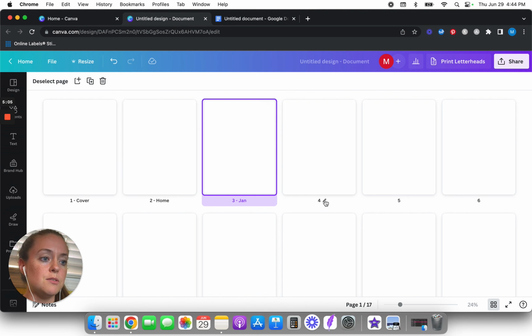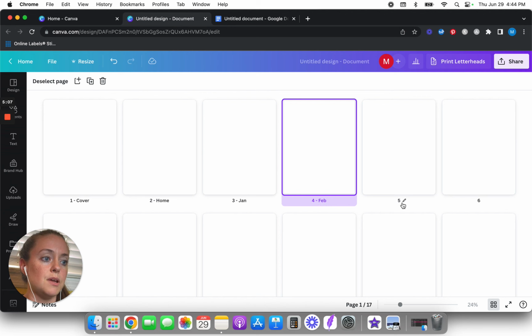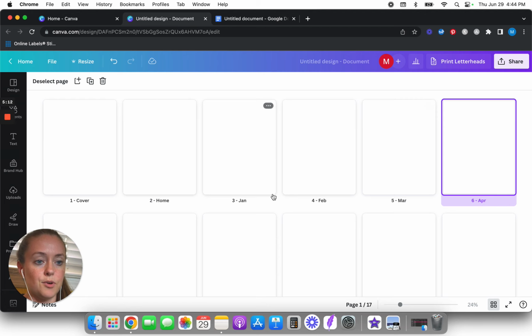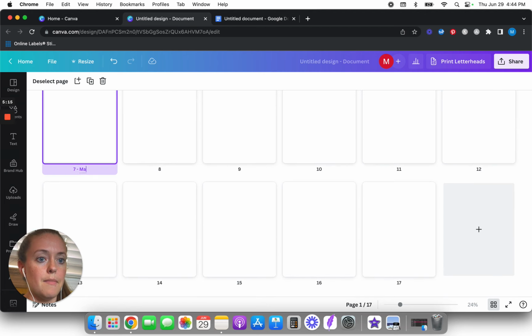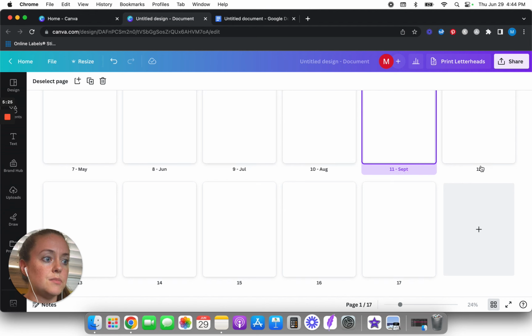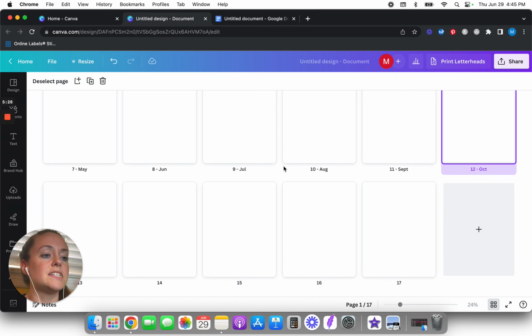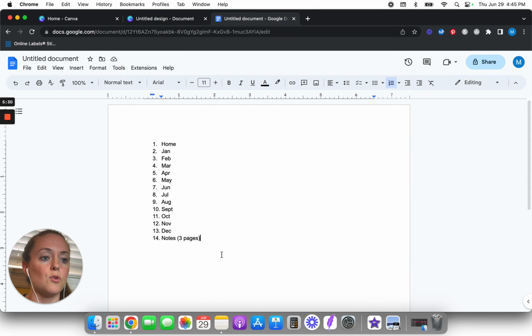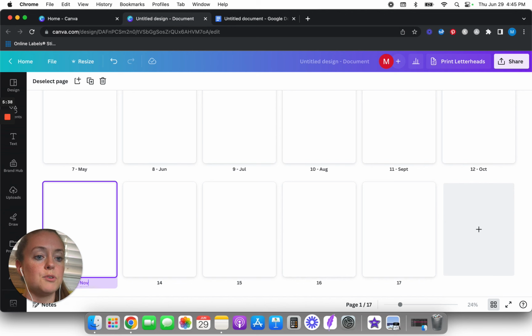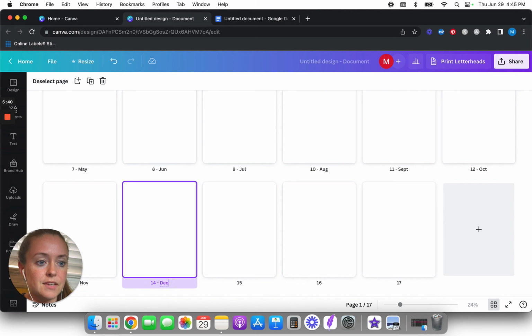And it's pretty much going to be exactly what we did just a minute ago with the Google Docs thing. So March, April, May, June, July, August, September. And like I said, if you wanted to make this more complicated, if you had more than 17, then you would just do what I just did and add more pages than 17, and then you would just rename them from here. So October, November, December,